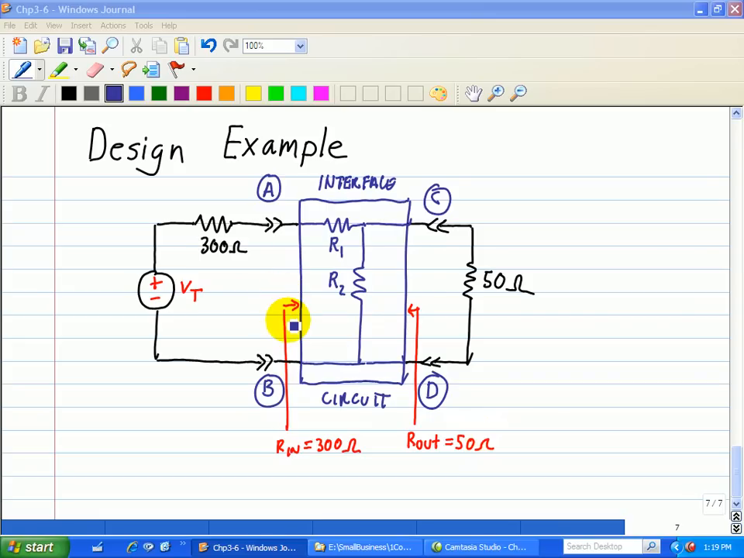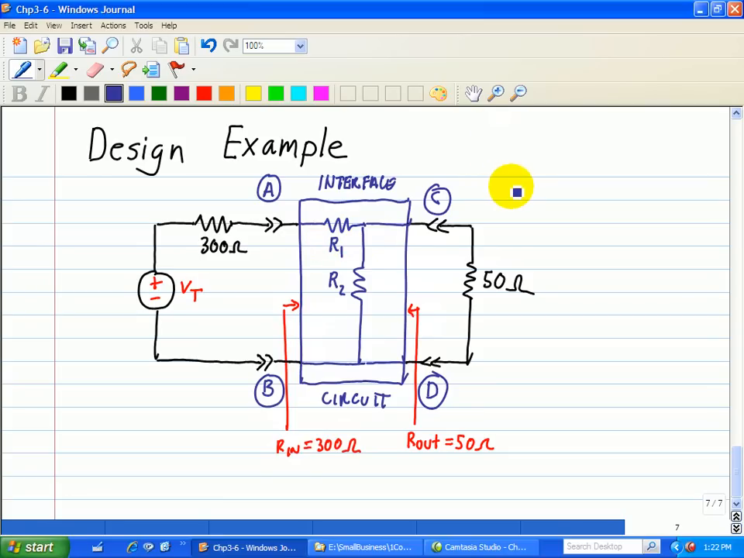The source must see a larger resistance of 300 ohms at the input port than the load sees at the output port of 50 ohms. This shows that the source should look into the large series resistor R1 while the load looks at the smaller parallel resistor R2. Now let's take a look at the input port where it has to equal 300 ohms. We see that R2 is in parallel with the 50,